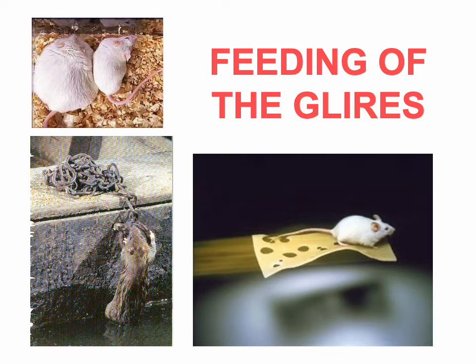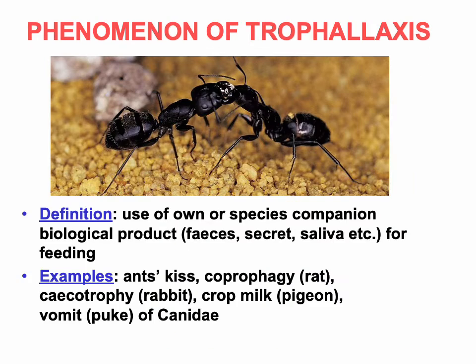Now we will concentrate on the feeding of the glires, namely the rodents and the rabbit. But before that we have to see the phenomenon of trophallaxis, which is common in the glires. Basically, the first signs of the trophallaxis can be found in ants. The definition of the trophallaxis is the use of own or species companion biological product like feces, secrete, saliva, urine, etc. for feeding